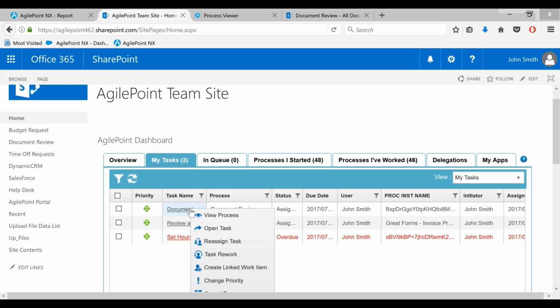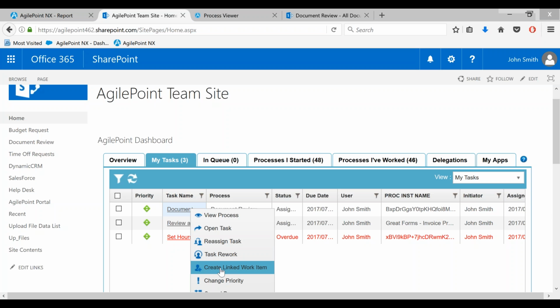Okay. So when I select this task here from my flyout menu, I have a number of options out of the box. We saw a few just a second ago. Reassign task is really helpful if you want to kick back the task to someone else. Maybe I have a lot on my plate, I can't handle this today. There's another colleague of mine who is equally competent and can take that on for me. Task rework is helpful if perhaps there was data entered incorrectly in the initial stage. Maybe we missed a certain field that we were supposed to fill in. Task rework is great for that, as well as create linked work item.